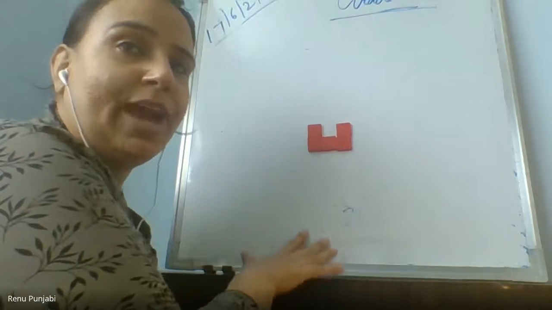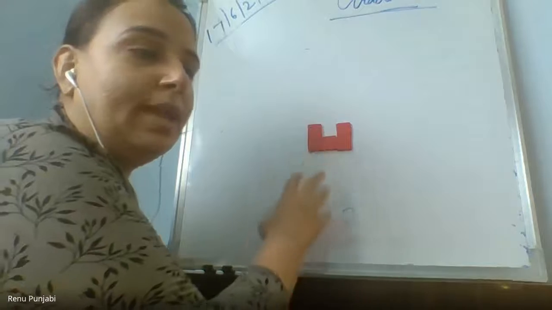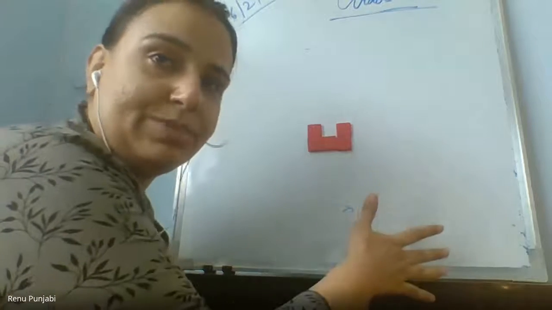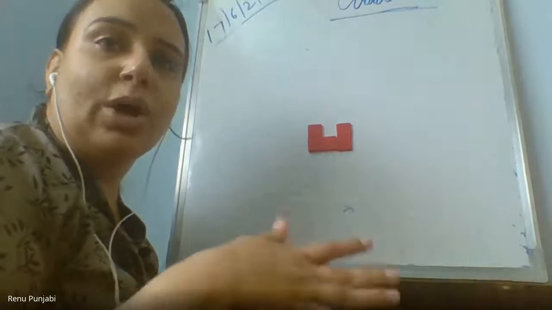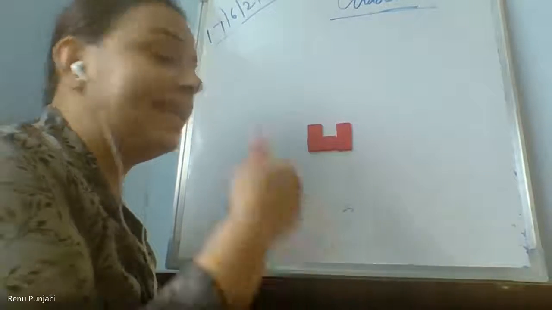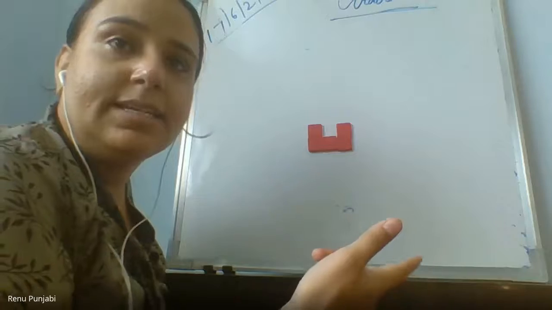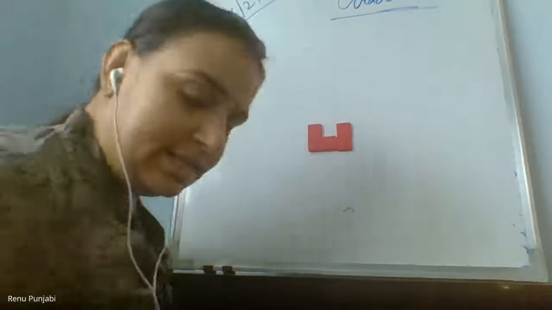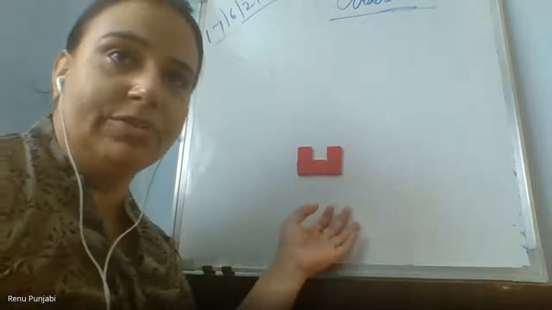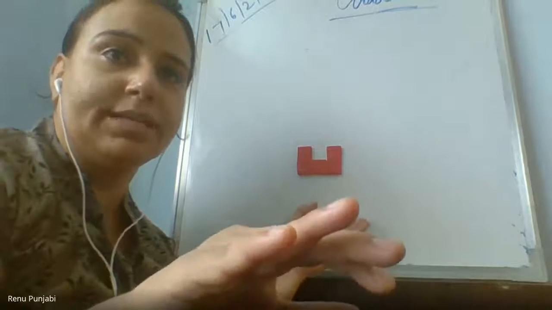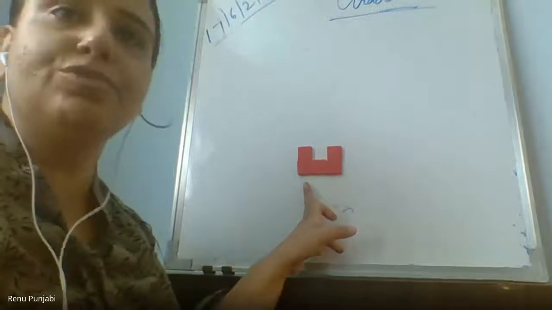By using 5 small squares, you can make 12 different shapes. From 12 different shapes, you can make more than 2000 rectangles. Right? How? We have to make one shape, then another shape, like that many shapes, and then arrange them in a rectangle. You make first 12 different shapes out of this. More than 12, you will not be able to get. Maximum 12 shapes you will get.